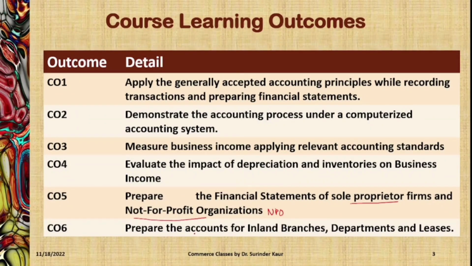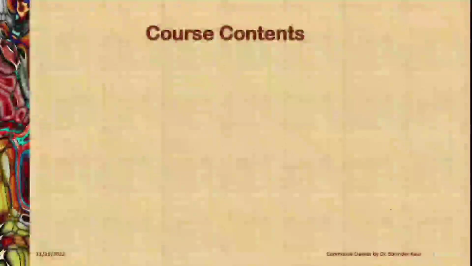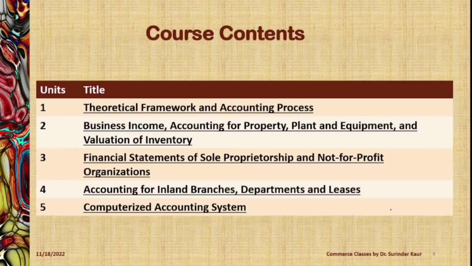Finally, you should be in a position to understand the accounting for branches, departments and leases. Now the course content based on these objectives comprises 5 main units. Number 1, theoretical framework and accounting process. Second is business income, accounting for property, plant and equipment and valuation of inventories. Financial statements should be prepared for sole proprietorship business and NPOs, not-for-profit organizations. Then you have accounting for inland branches, departments, leases, and finally the computerized accounting system. The details are: